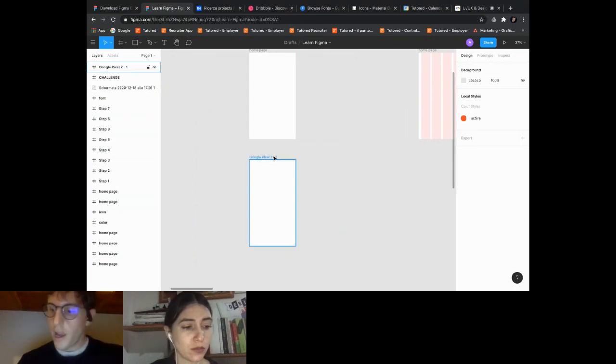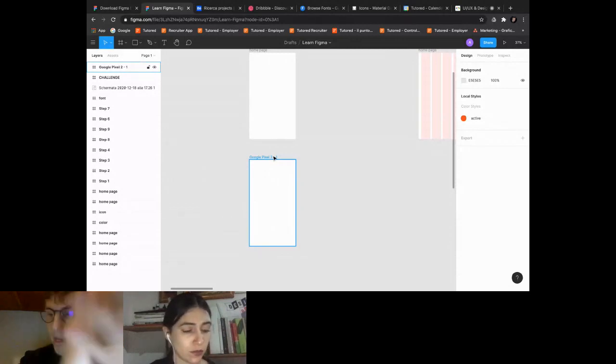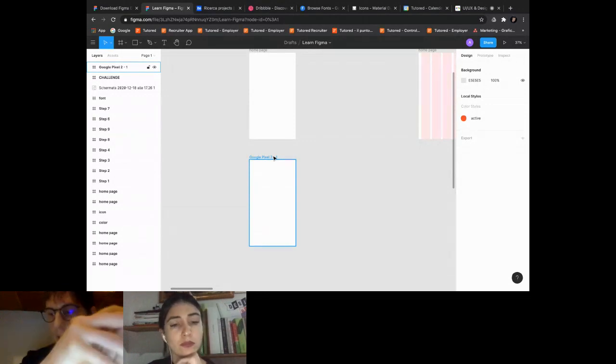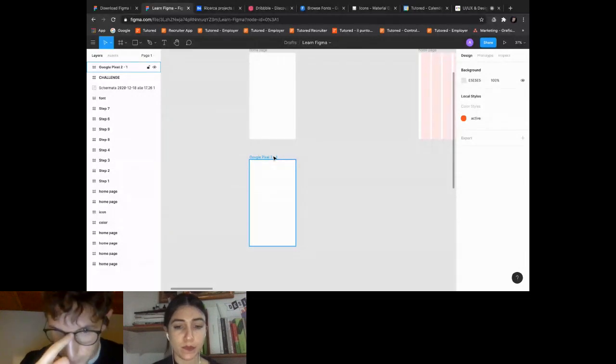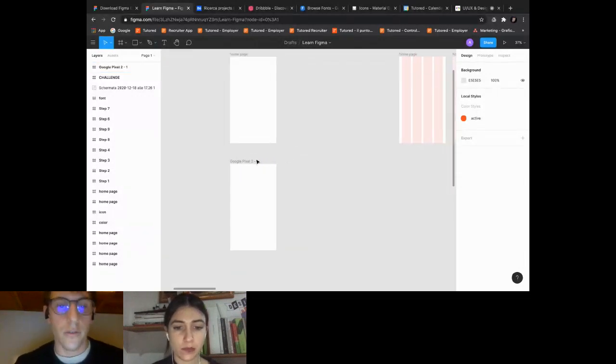Okay, now I want to remind you, as Marta said before, this is the first step of the last steps of UX UI design. So before you start to create your design in Figma, have it very clear how many interfaces and what user experience your app will have, because it's very important before you start. Okay. So the second step is to create our grid.